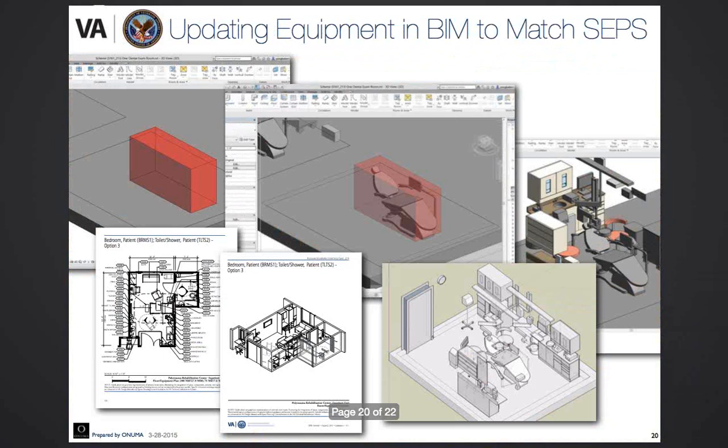In the 1691, there's about 2,000 objects in the JSN, JSN objects. Of those 2,000, about 800 of them were created as 3D objects by the U.S. Army Corps of Engineers for the DoD DHA. Because the JSNs are matching with what VA uses, that's a shared database to build VA-specific room templates. And then also there are new objects that are being created, so we're up to almost 1,000 of the 2,000 objects